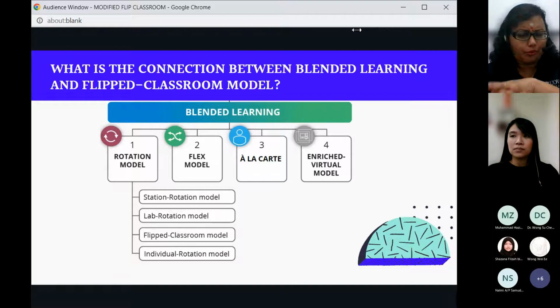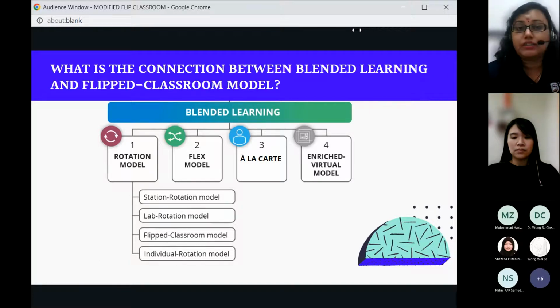I'm sure everyone has done at least one or two types of this teaching in our classes, even before the pandemic. So the rotation model is where you have face-to-face and online classes, but based on the teacher's schedule. The lecturer gives you a schedule saying that on these days you attend online lessons, and on these days you attend physical sessions. You're given a set schedule, and you just follow that as a student.